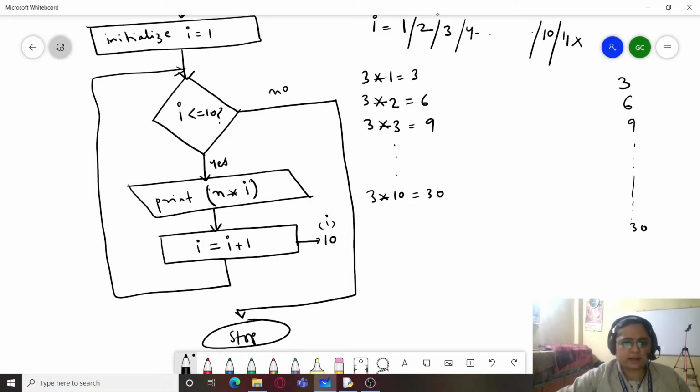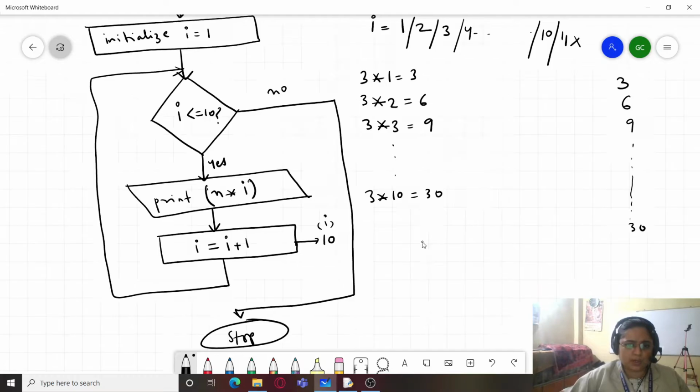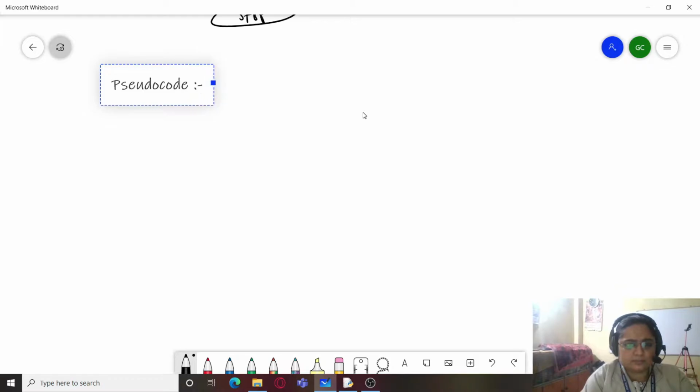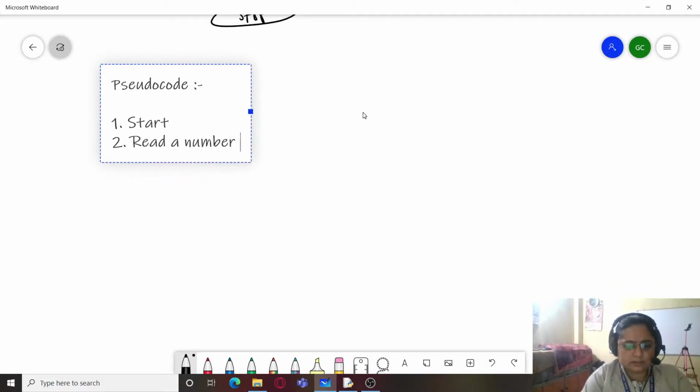Let us write the pseudocode and see. So I'm going to write the pseudocode here. Step 1, start. 2, read a number n.